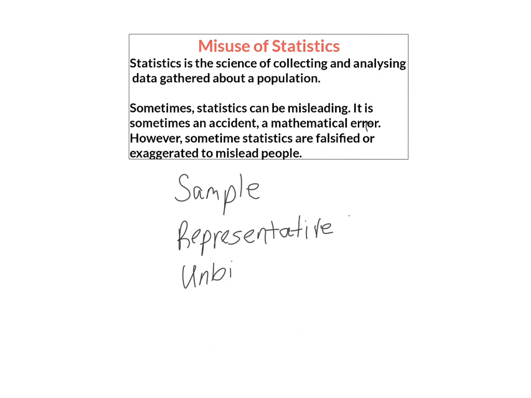If it was biased, the opposite, that would be, for example, if I was to look at the first years of the population and just pick 30 girls, that wouldn't be representative of all the first years because I've excluded the boys. Or if I took 30 of class O'Riordan, that would be biased as well because I didn't take from the entire first year population, I just stuck with O'Riordan.